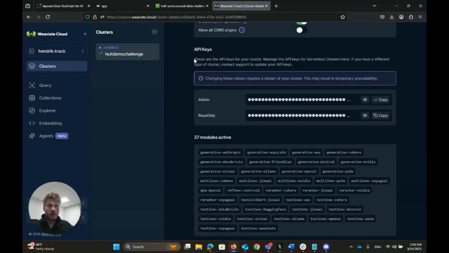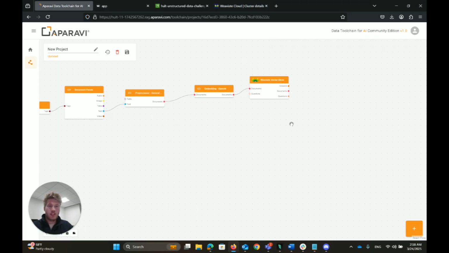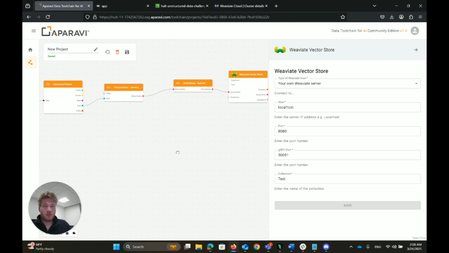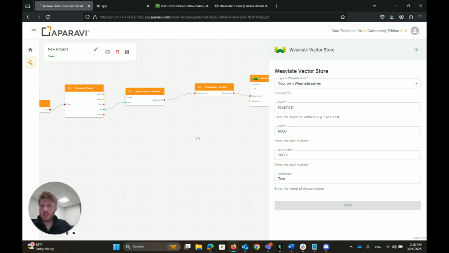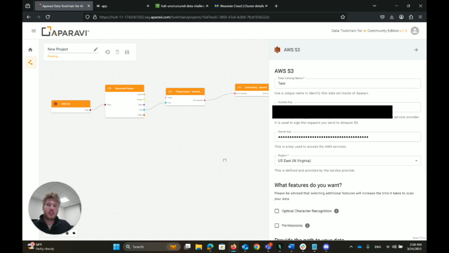Click back. Get the API key. And then in this case, we're going to call this collection test so we can identify it. Then we click save. And once we filled in all the boxes, we can go back to the very first box and start the chain. So what this is doing now is it's vectorizing. So processing the text, chunking it into smaller pieces, and then turning it into vectors, into vector embeddings